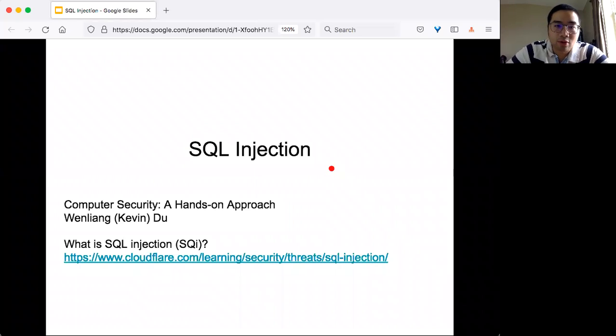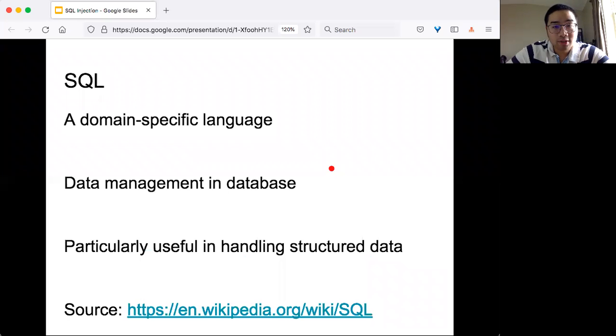Today we are going to talk about SQL injection, and the content is based on Kevin's book and a Cloudflare web page. They explain what SQL injection is. So what's SQL? It's a domain-specific language. It's mainly used for data management in all kinds of databases, and it's very useful for handling the case when